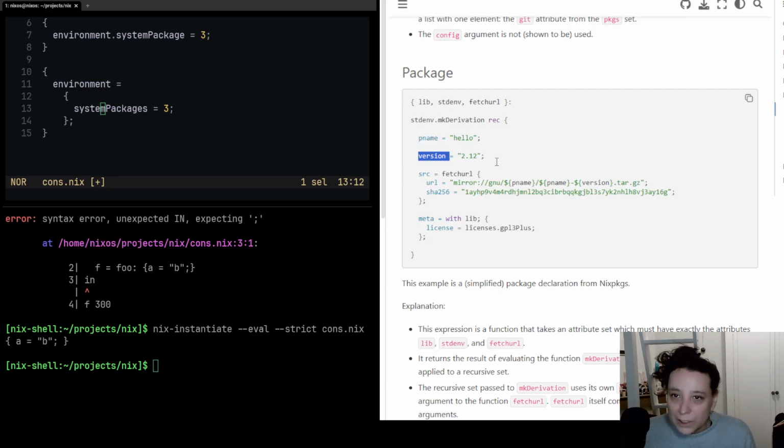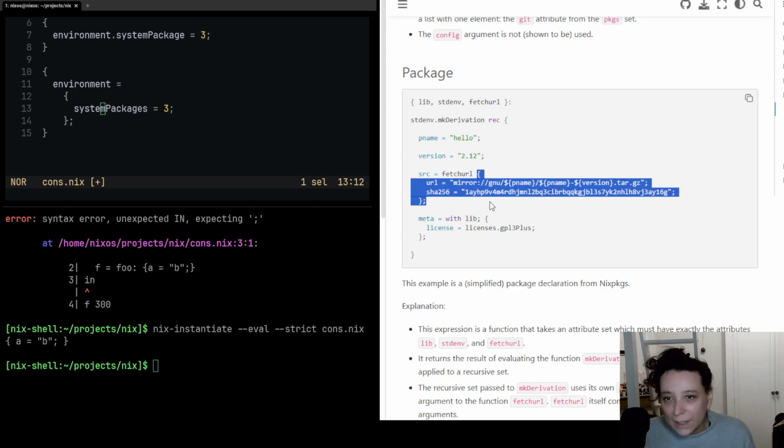Pname, version, source. Source calls fetchURL. That's in here. It must be a function because of the format here, right? It's like something function, and here's the parameter. So fetchURL is a function, and we're passing it an attribute set that has a